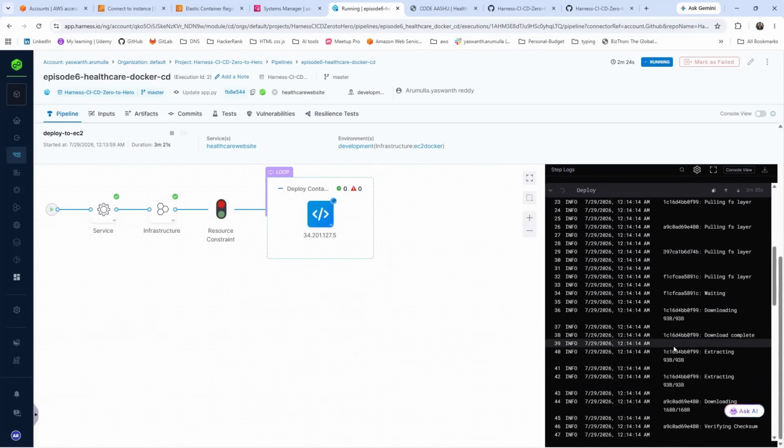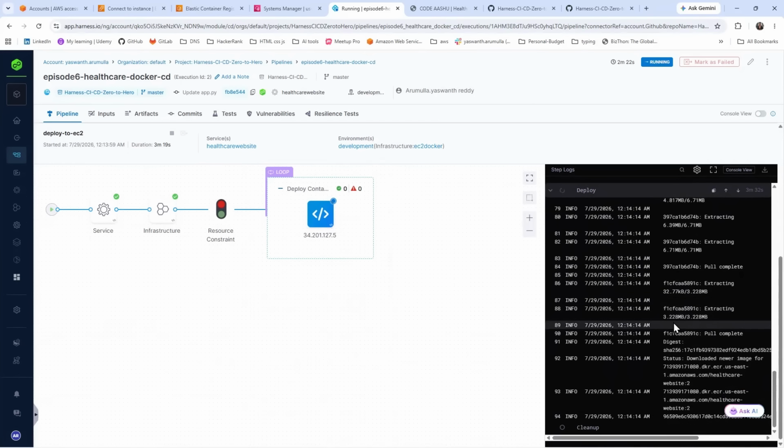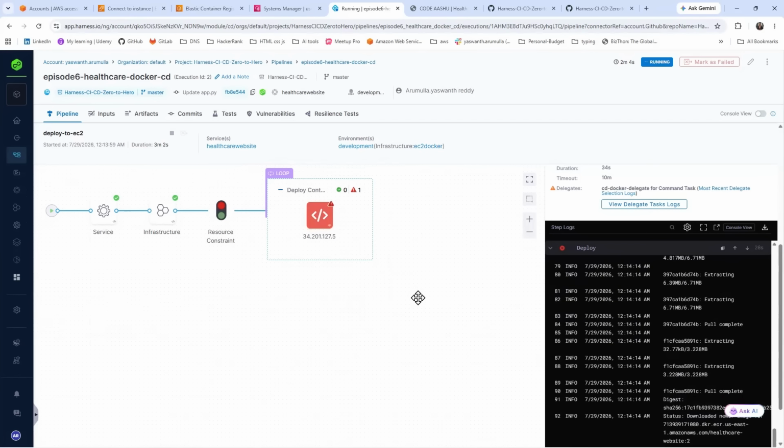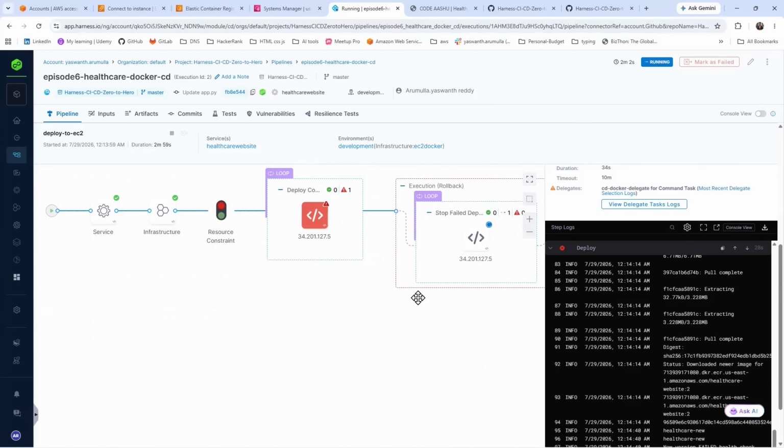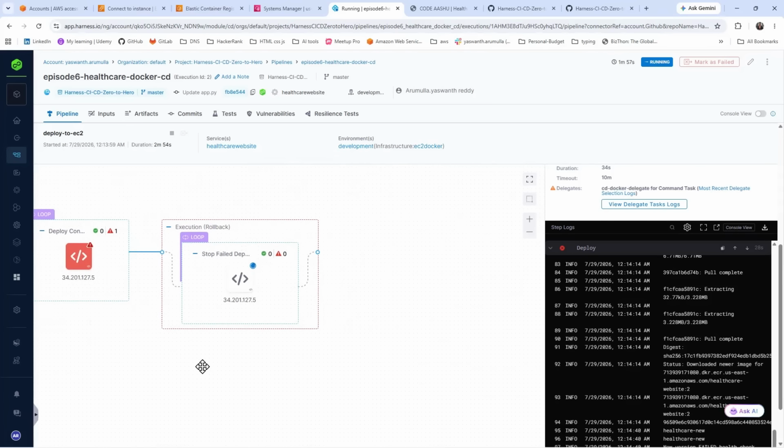See, it pulled that image. It successfully pulled that image and it started the deployment. It will deploy the application, but at the health checks, the port number will redirect to 3000, but we allowed the exposed port number 5000. At that time, automatically the application will fail and the health check fails. See, it is failed. And now see, it stopped the failed deployment. It means it will stop this one. Automatically, it will stop this one